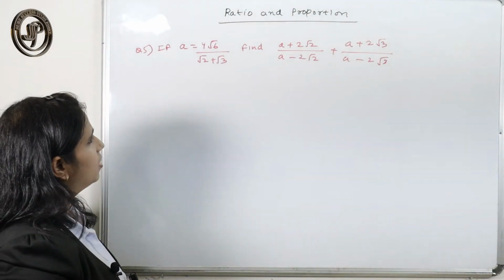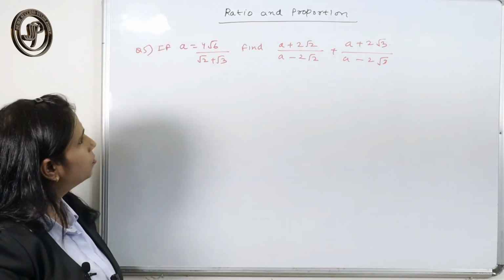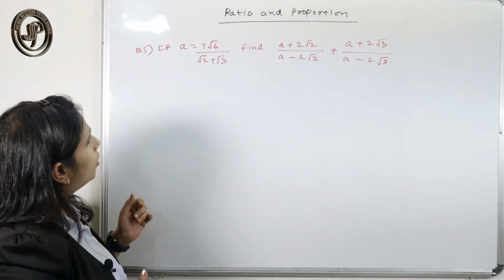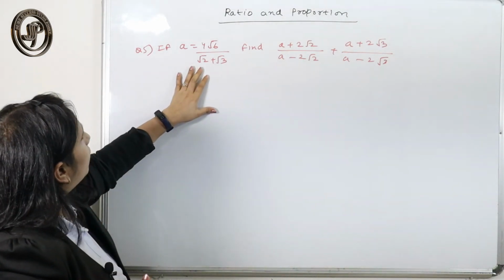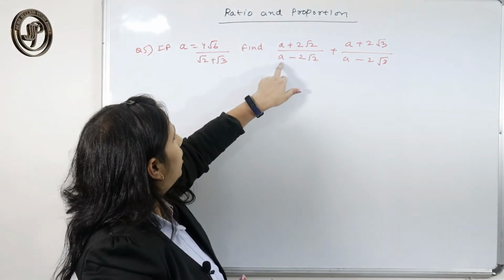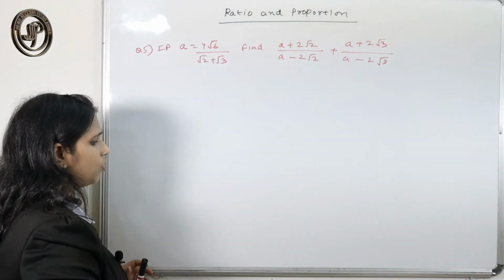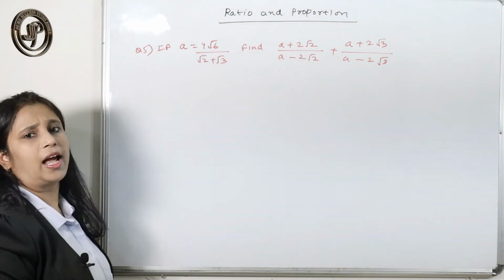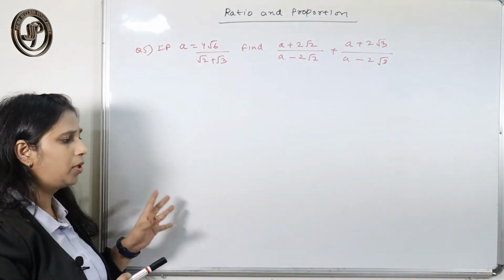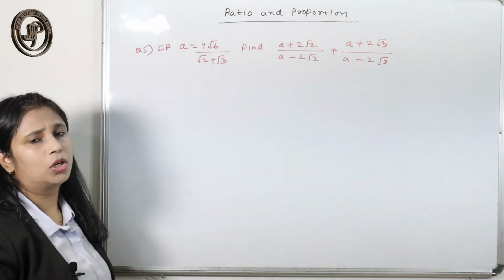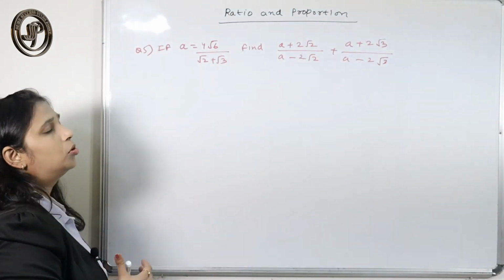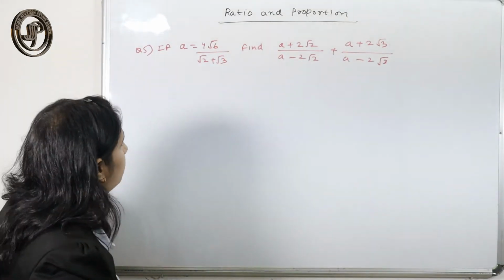So, here is one more question that is also very important from the examination point of view. Here we have to use the properties of proportion to solve this question. Some students will do it that way. So, a is this and we have to find that value. So, they will just substitute the value of a in there. You should not do this question in that manner. You will never get the answer, or if you get the answer, your calculations become too complicated. So, I am going to show you a very easy method here. So, just check with that method.